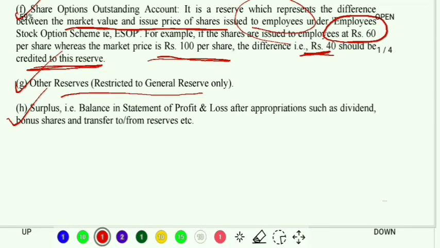I told you previously what is statement of profit and loss. It is nothing but the PL account that we used to prepare. Okay, so the balance of the PL account, earlier we used to call it profit, but now we shall term it as surplus. So surplus will also come as an item under the heading of reserves and surplus. The name itself says surplus, so you can understand surplus will come, at the same time reserves will come. And what are the different types of reserves we have discussed? They will also appear in reserves and surplus.